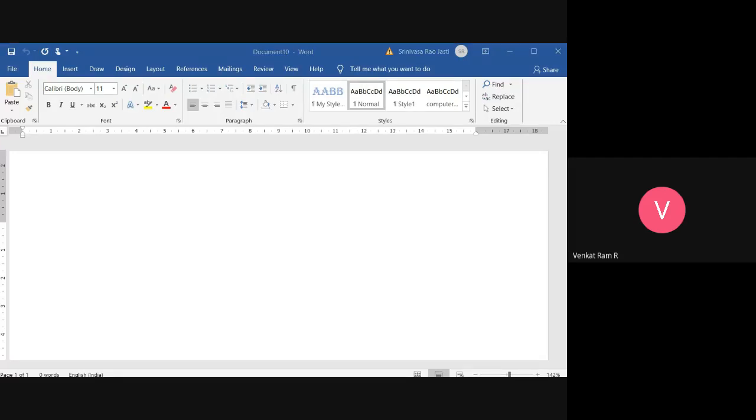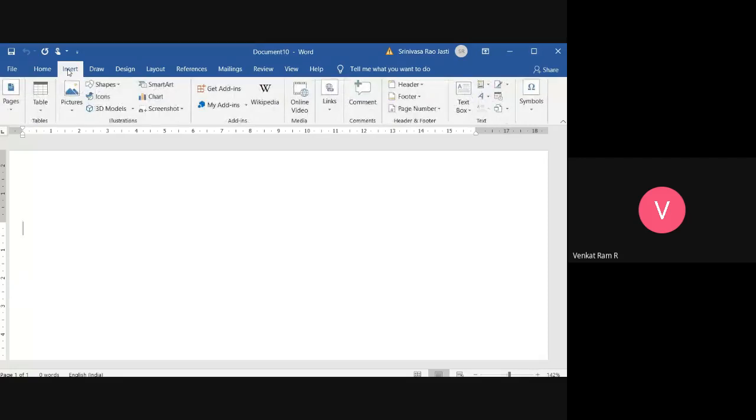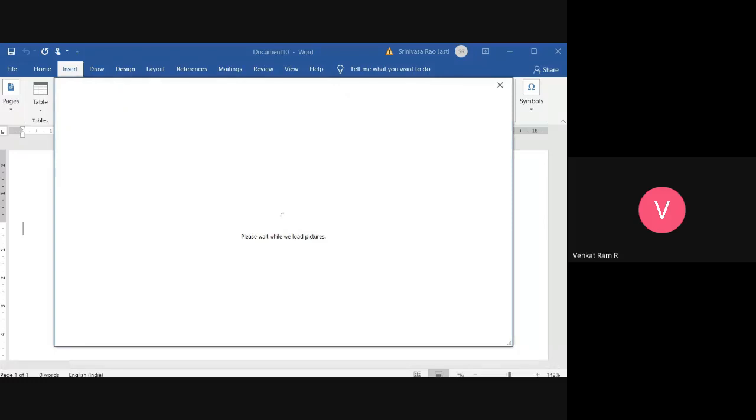Right, the Insert tab. In the Insert tab, go to Pictures. After clicking on Pictures, you can use This Device or Online Pictures. What is This Device? Where the pictures are present inside your laptop or PC. And Online Pictures, if your laptop or PC is connected to the internet, then you can browse pictures from that.